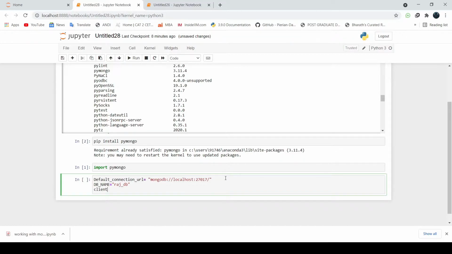And one more object you need to create. For example, I've taken this name as client, and in this client object you will create a connection passing this particular URL. After passing this URL, once you hit enter, the connection will be established. I'll show you.